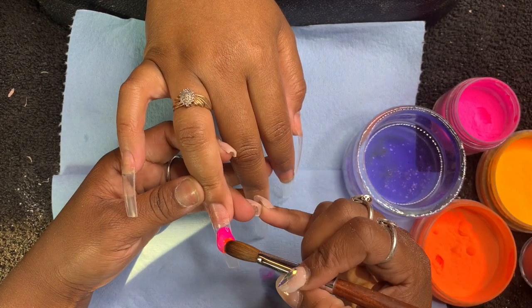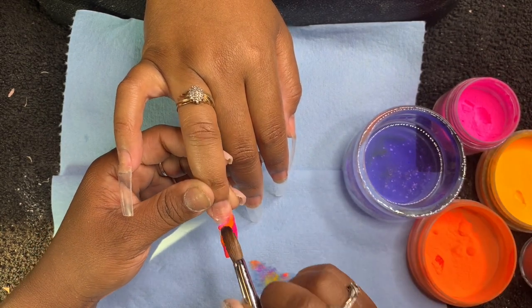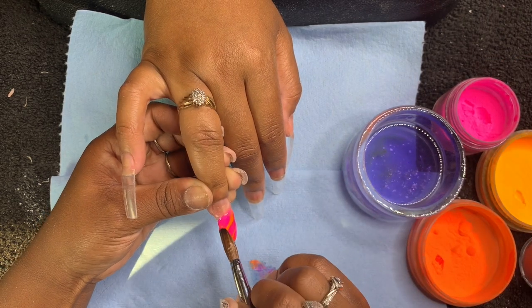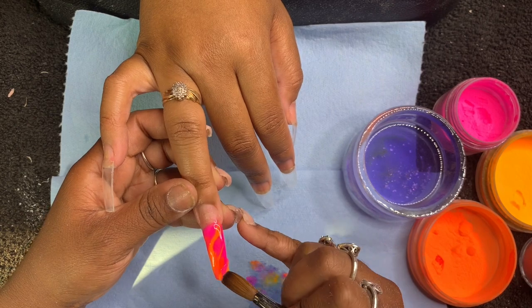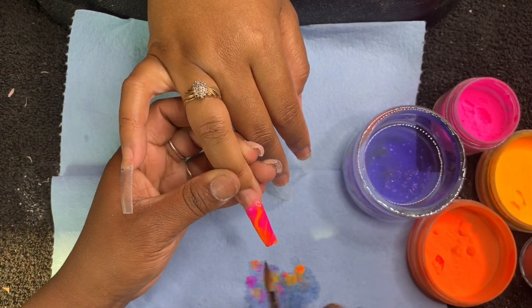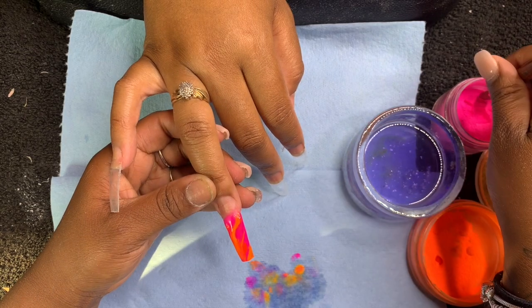This is going to be a marble nail, and I marble it with all the colors, and I go back in with the most dominant, because some of the colors fade out when you're marbling and you can't even really tell that you used that color, but you want to make sure you can see every color that you use. So you just marble it down how you want it to go from the beginning. If this was a full marble nail, but this is the ombre marble, as you can see I added the light orange back into the marble